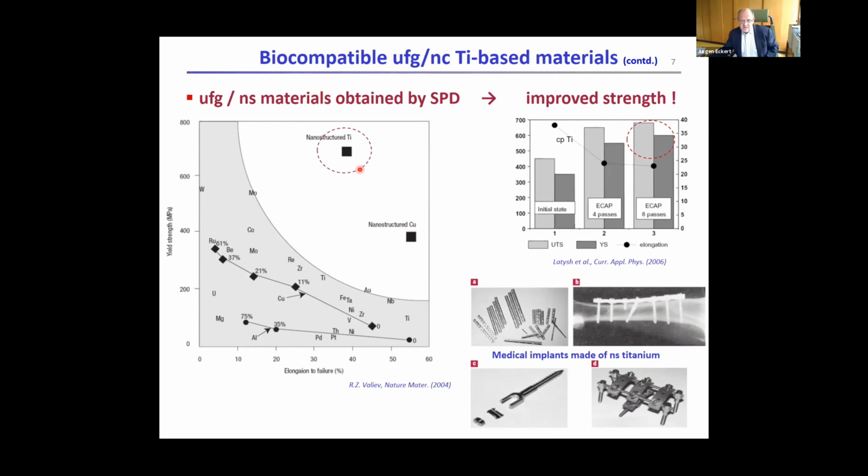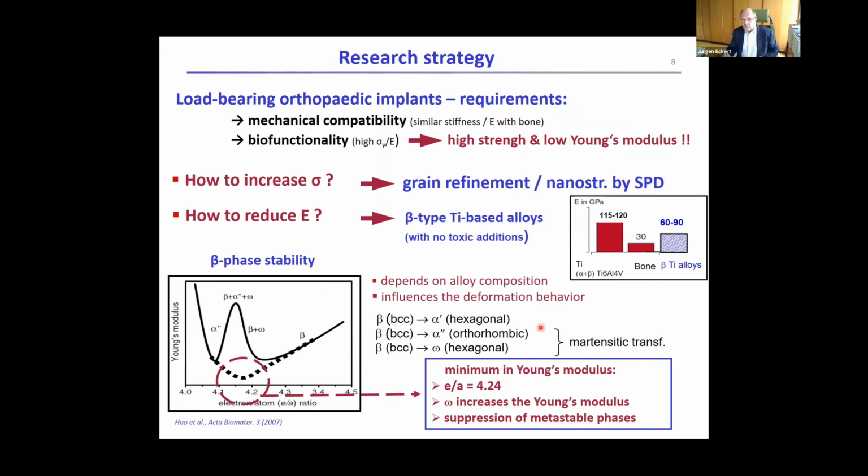What this shows you is that even if you go for something like, call it pure titanium if you wish, there are applications that are already realized where you can go for implants, for stents, for screws, etc. Nevertheless, the Young's modulus of titanium is beyond 100 gigapascal, so that's again still far beyond what you would like to have for bone. So one idea that we had was, okay, can we go for